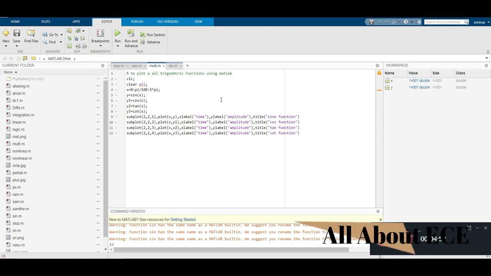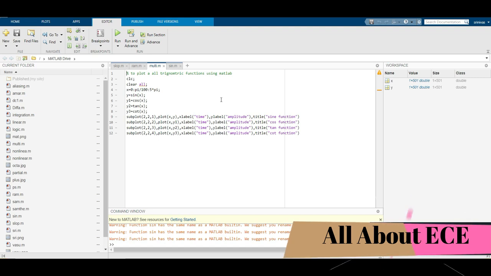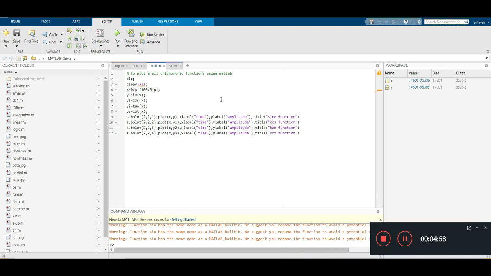If you do not have much clarity from that video either, you can comment. If you have not watched that video, I am providing it in the icon button, so just watch that video and come back to this one. For subplot, along with each plot I am giving labels along with the title. So let's execute this program and see what we get.